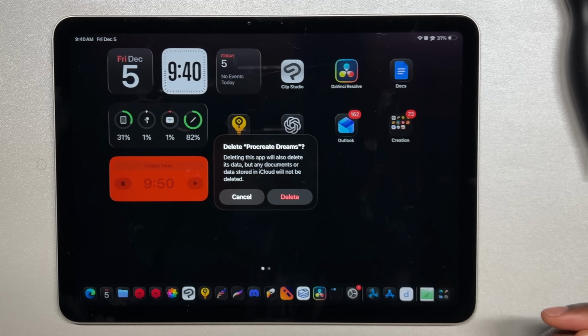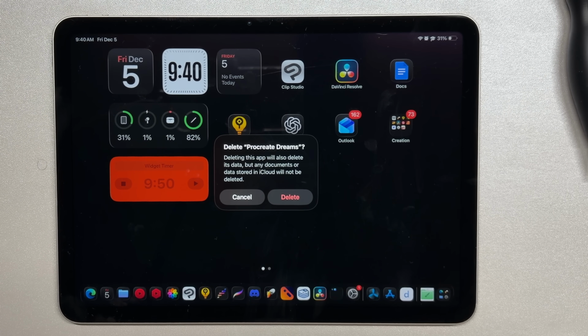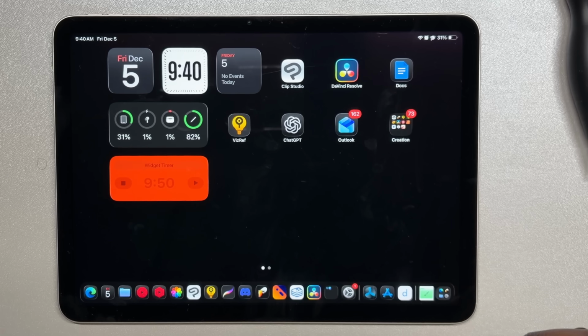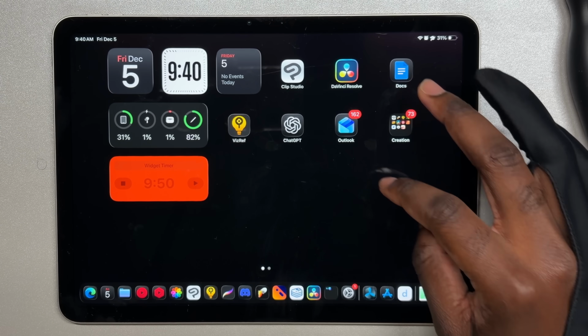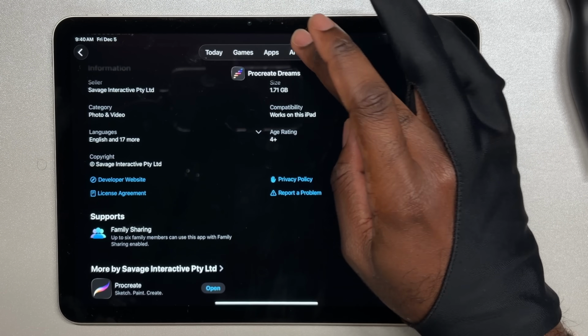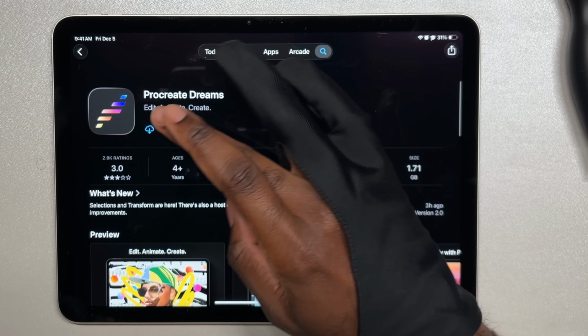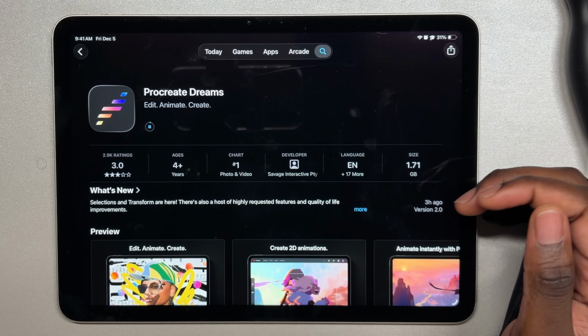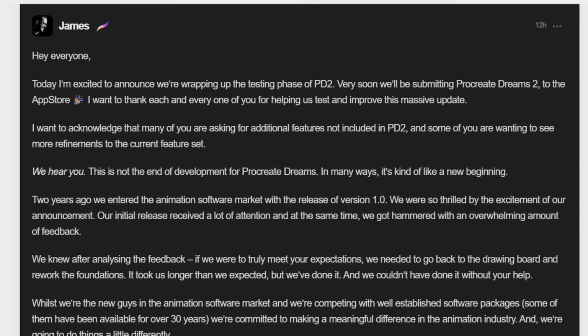And you'll get this message that deleting the app will also delete its data, but any documents or data stored in iCloud will not be deleted. So then you'll hit delete, and once again, make sure you back up all your data. After that, you can go back to the App Store and click download, and you'll download the official release of Procreate Dreams 2. We can see from the CEO of Procreate, he says, "Hey everyone, today I'm excited to announce